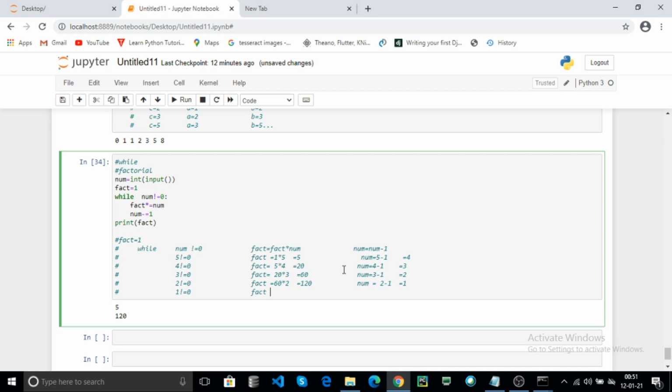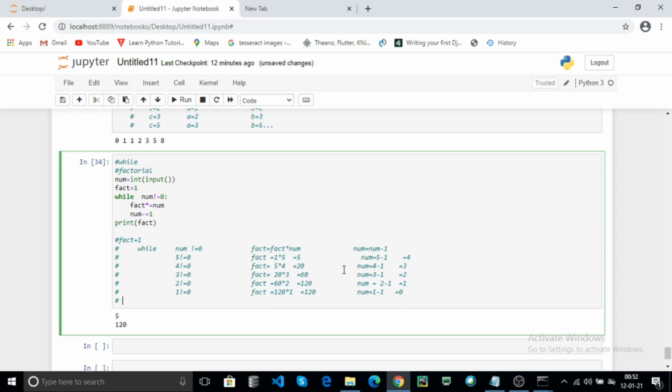Fact will be updated as 120 into 1 equal to 120. Num will be updated as 1 minus 1 equal to 0. And finally num contains 0. 0 not equal to 0 is false, because 0 equal to 0. Then finally the fact contains 120 and prints the fact at the end of the loop.